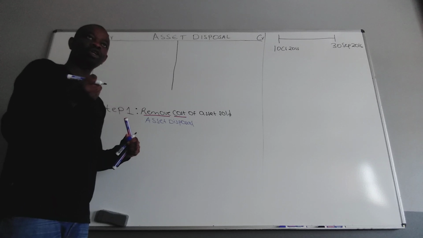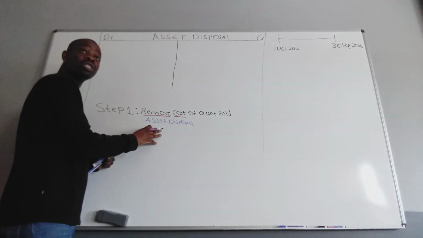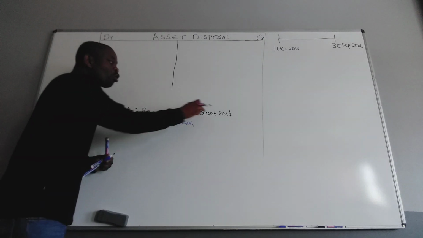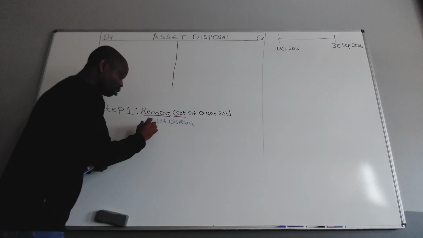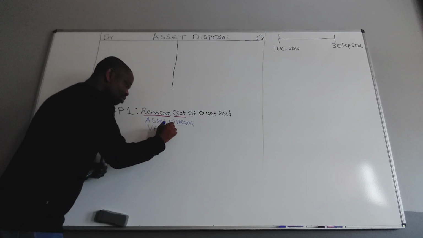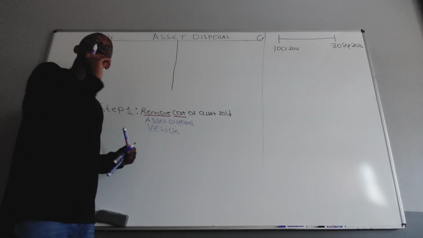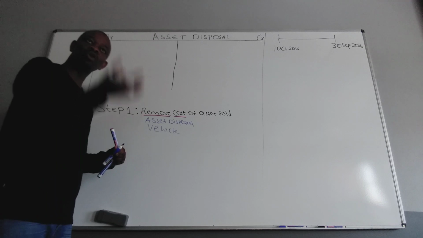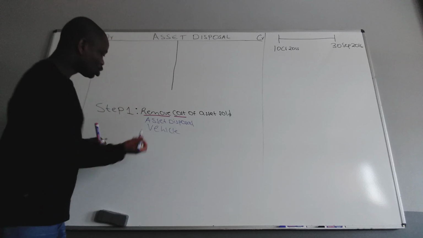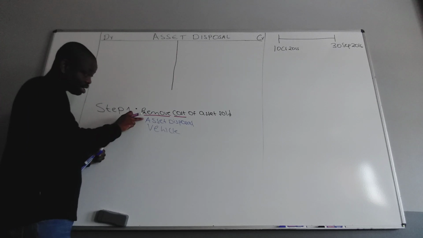For you to know which account, you can ask yourself, cost of which asset? Which asset am I selling? The vehicle. I'm going to write vehicle. Can you see how I decide? So remember, firstly, before we go to the selling price, we need to deal with the costs. So cost of vehicle. So the 2 accounts will always be, as long as I'm still on the steps, asset